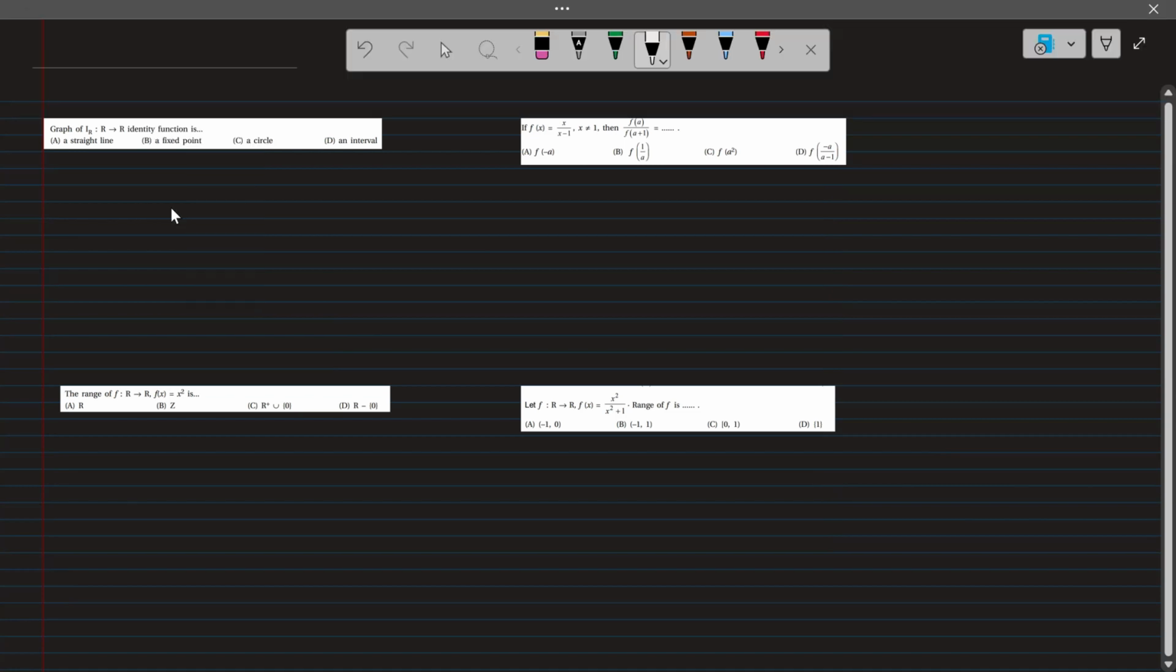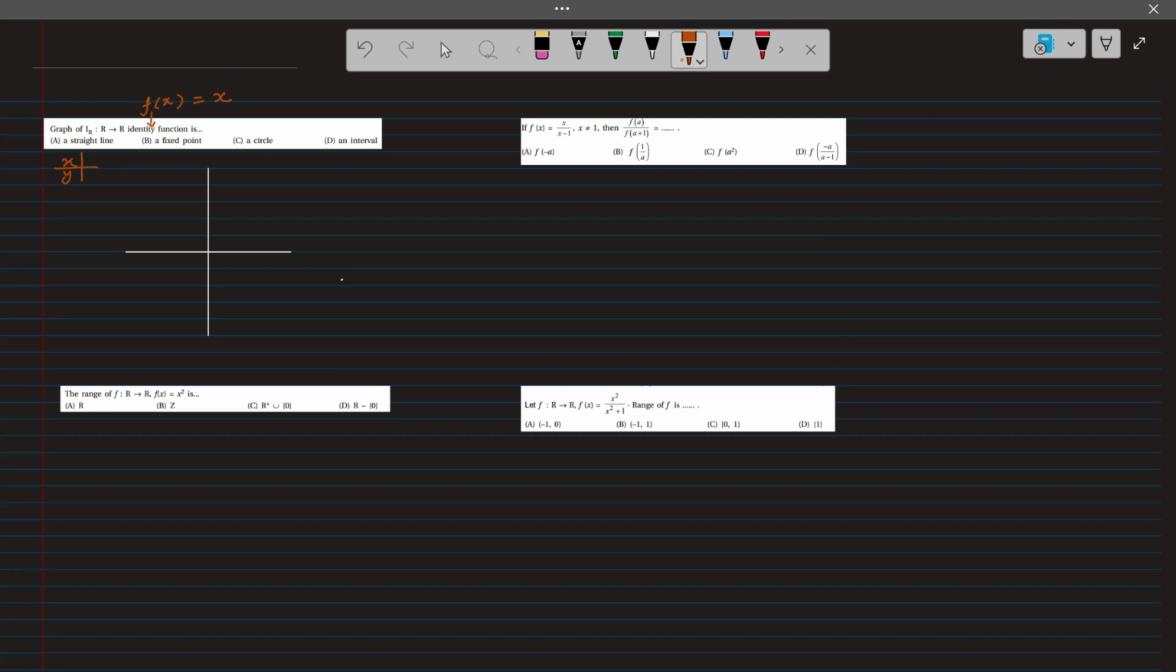The graph of R to R identity function will be... Identity function means f of x is equal to x. This is our identity function. So while drawing the graph of identity function, we'll substitute the values of x and y and then plot it